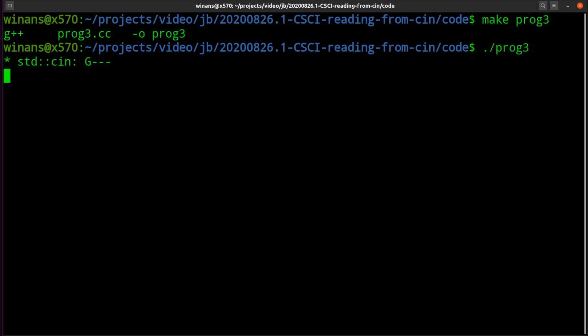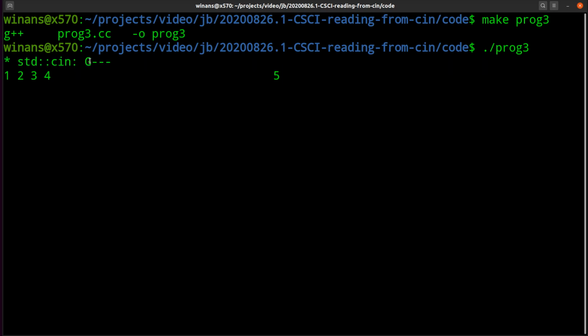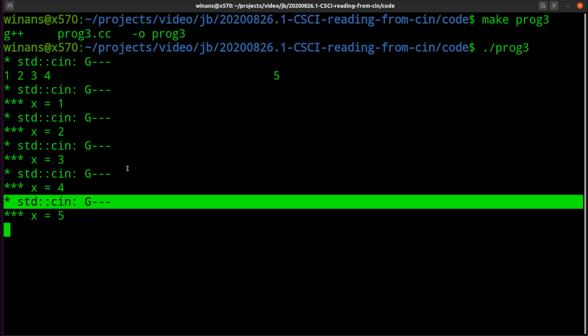All right, now remember, we can read with spaces between our numbers or tabs. You can tab over here and go to, I'll put a 5 there so that they're in order and they make sense. You can see our status up here. Before we do the priming read, we call the status, we're in a good state, right? Now there's 5 elements. I'm going to hit carriage return right now, and it's going to read them in one at a time. You can see it got the 1, 2, 3, 4, 5. Each time it read something in, it printed out the status. It stayed good the whole time.